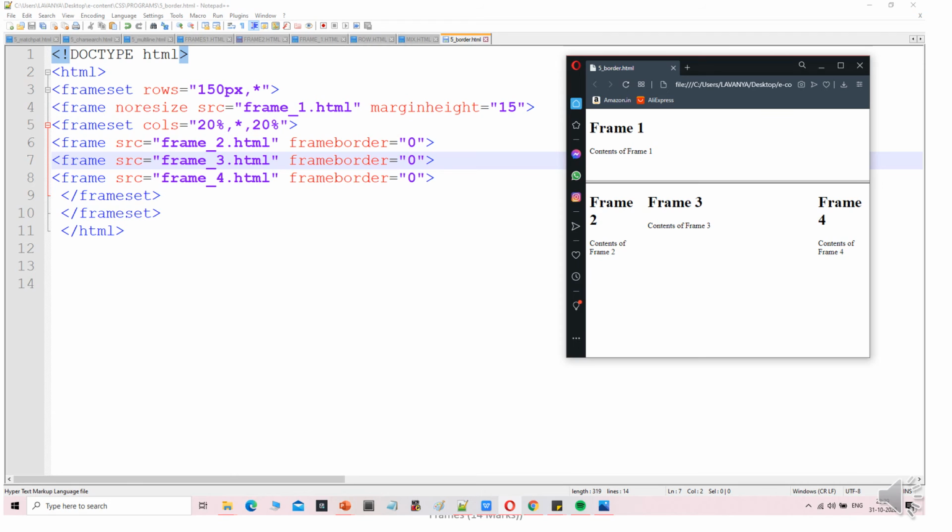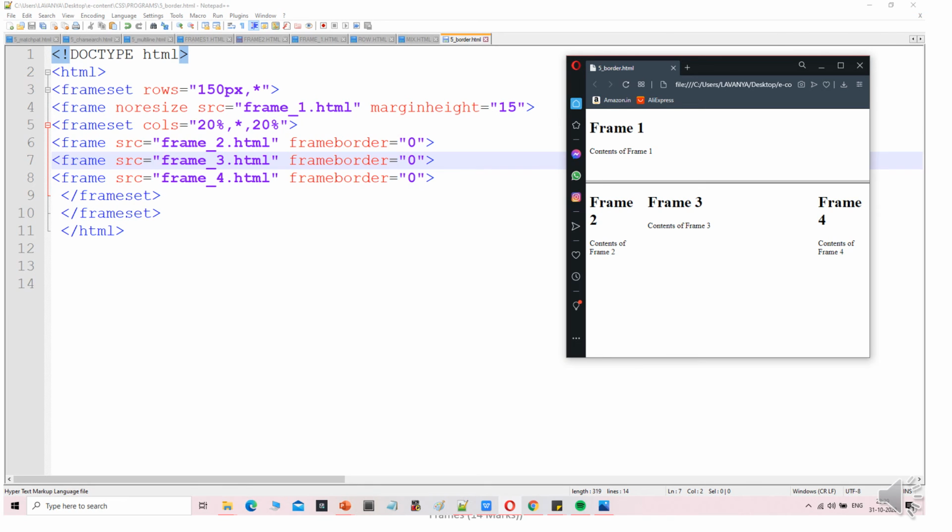Then frame src equal to frame2.html, then frameborder equal to 0. Again, next frame3.html, frameborder equal to 0. Frame src equal to frame4.html and frameborder equal to 0. End of the frameset and the end of the HTML.